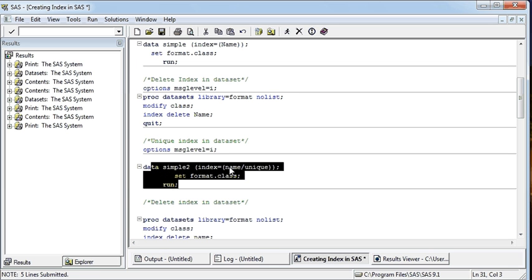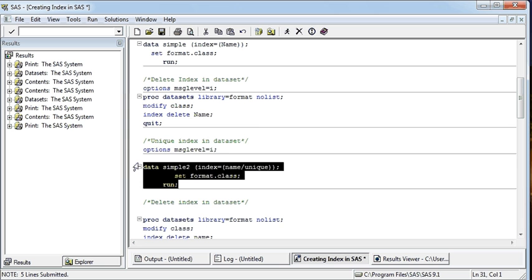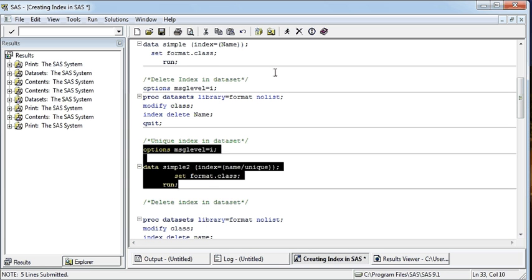So here I'm writing this index name and slash unique. If you don't want any blank or empty value, you can write nomiss here instead of unique. So this is also one step. I'm going to create this unique data set here.